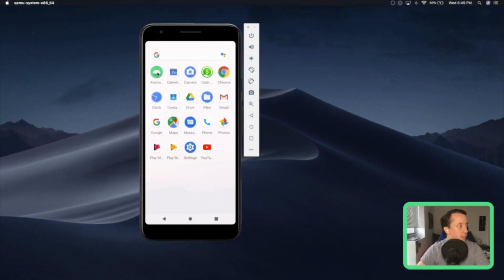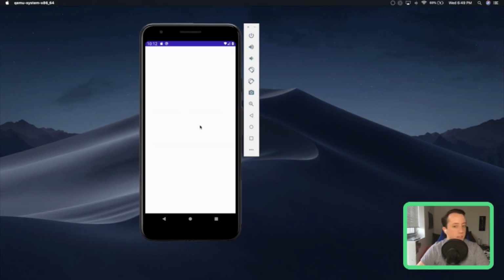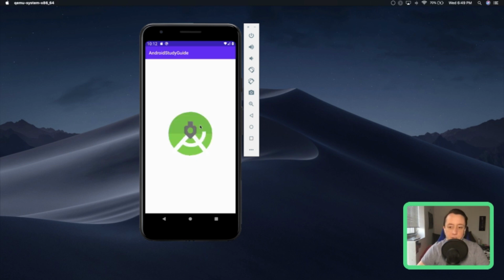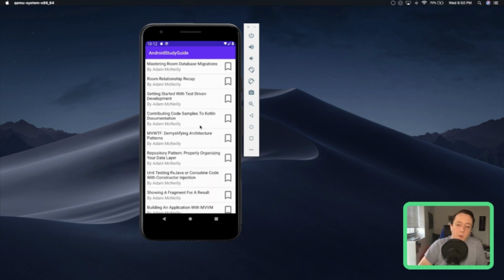I don't know why this emulator is giving me issues today. I'll try a physical device if it comes down to it. I don't know if scale type is...